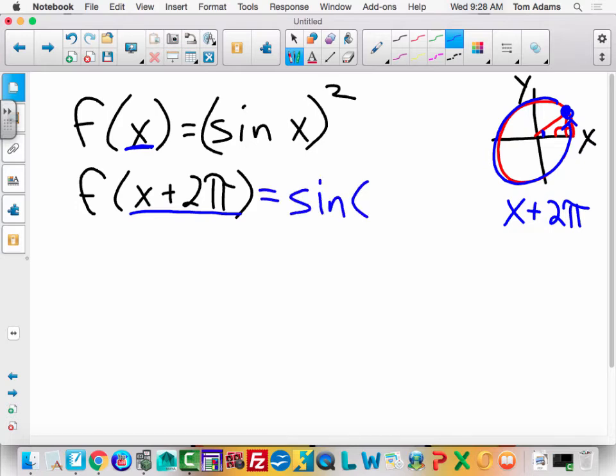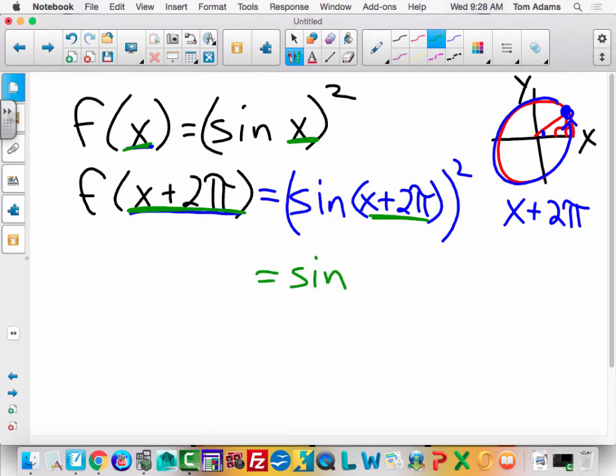So now I'm going to have sine of x plus 2 pi squared. Okay? Does that make sense so far? So wherever there's an x, I replace it with x plus 2 pi. So then what we've got to do is think that through a little bit. Well,